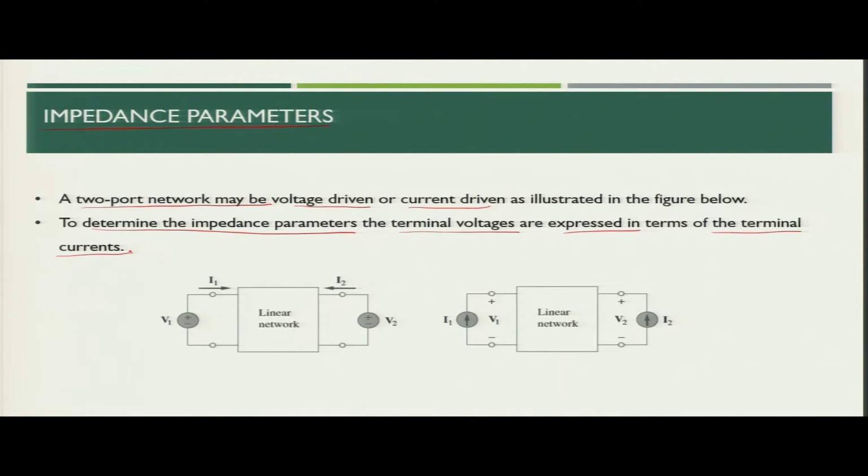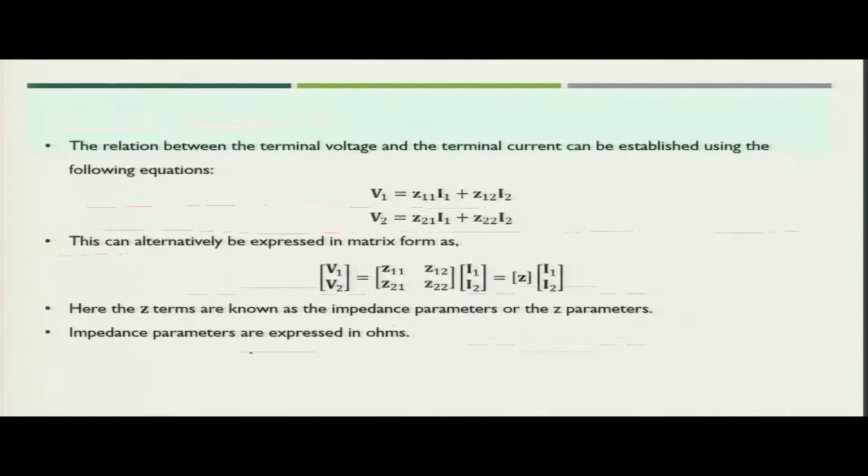So, how will we represent this? If you see this particular figure, we need to find the relationship between terminal voltage and terminal current. Suppose there are some parameters called Z11, Z12, Z21 and Z22. We can write V1 as Z11 I1 plus Z12 I2, and V2 as Z21 I1 plus Z22 I2, or in